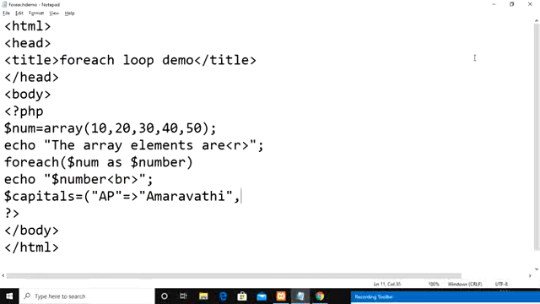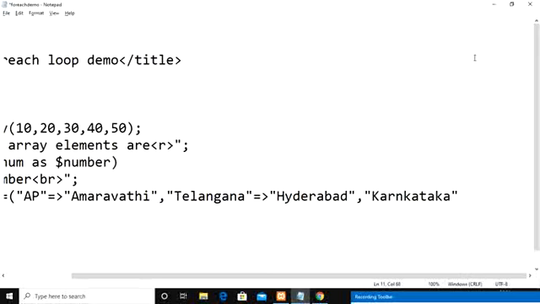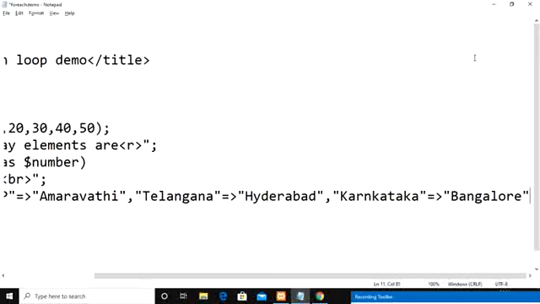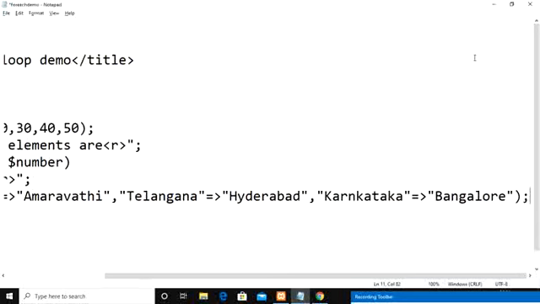In the same way, I take the next index as Telangana, and at that index I store the value Hyderabad. Then I take the next index as Karnataka, with the value Bangalore. Like that we create one array.